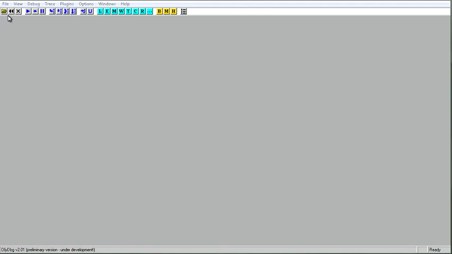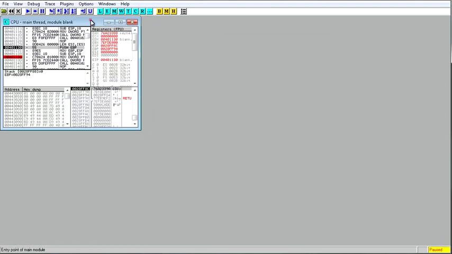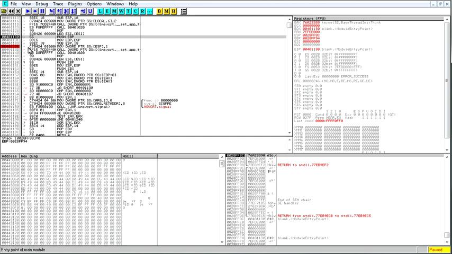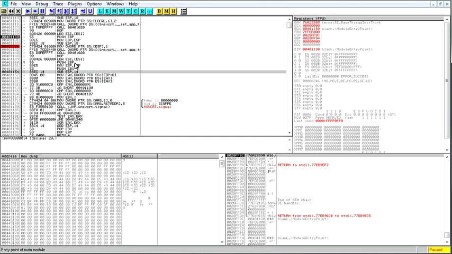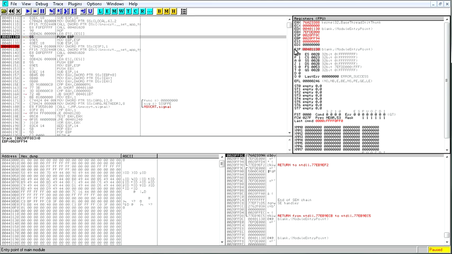So first things, let's open an executable, right? It doesn't matter what it is, just anything really. So this here, this red line, that's a breakpoint. The black is our point of current execution, or the origin, or the EIP. EIP represents the current instruction.